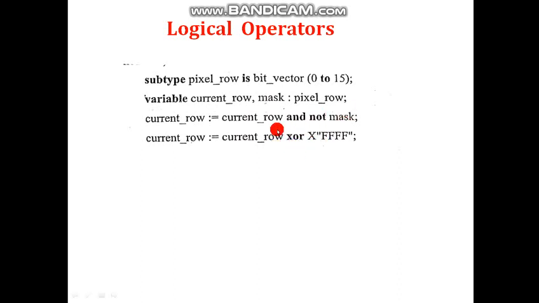The logical operators AND, OR, NAND, NOR, XOR, XNOR can also be applied to a pair of operands, one of which is a one dimensional array of the type, and the other of which is a scalar of the same type as the array element. The result is an array of the same length and type as the array operand. Each element of the result is computed by applying the operator to the scalar operand and the corresponding element of the array operand.